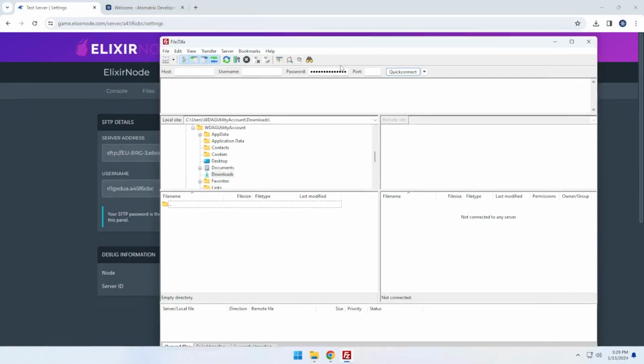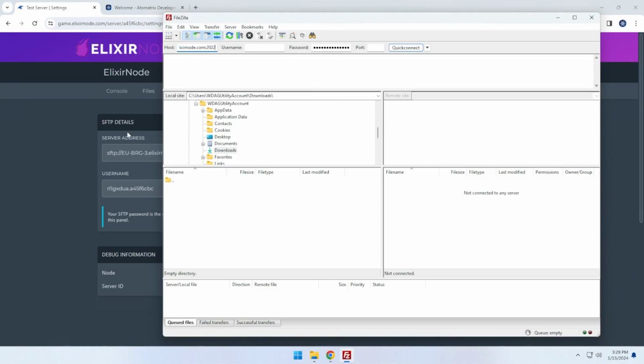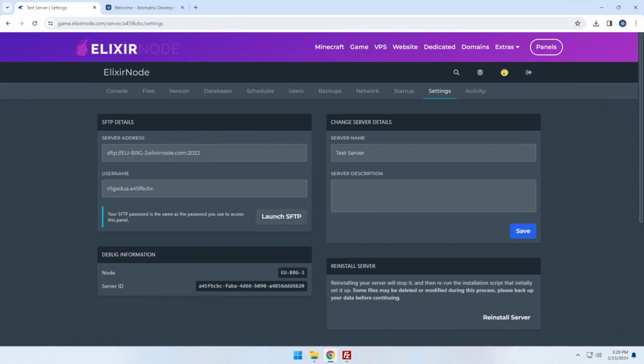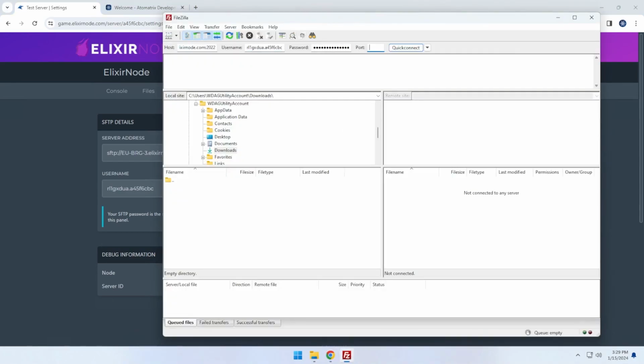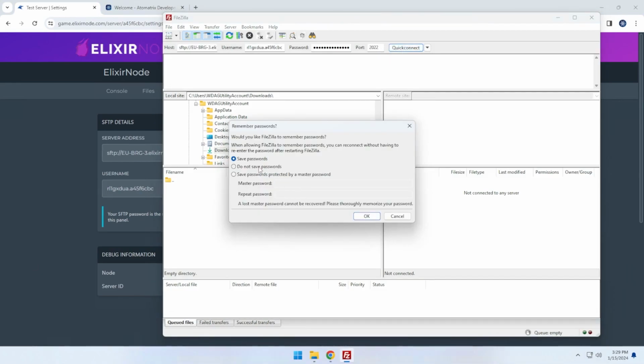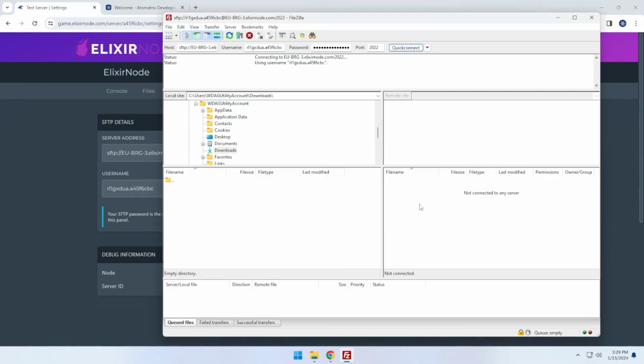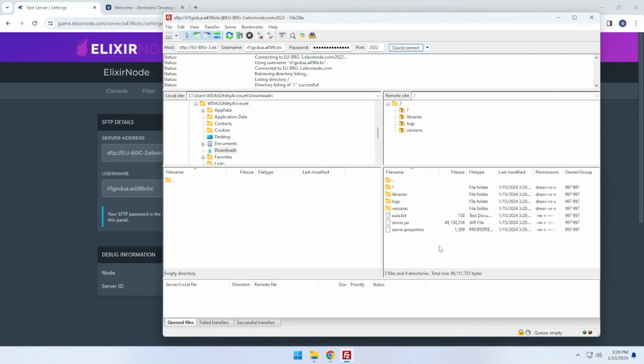And then you'll be greeted with this menu. You put the server address in the host here. The username goes in here. And the password is the password used to access the panel, which I've already put in. The port you can leave blank because I believe it's just the default port 2022. And then if I do quick connect, I'll save the password. You want to trust this host and add the key to the cache,